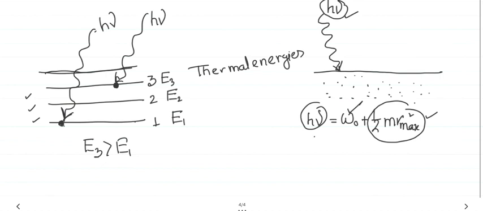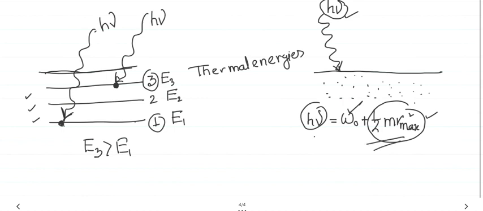But which electron has more energy? The electron which comes out from level 3 must have more energy than the electron which comes out of the metal surface from level 1. That's why,